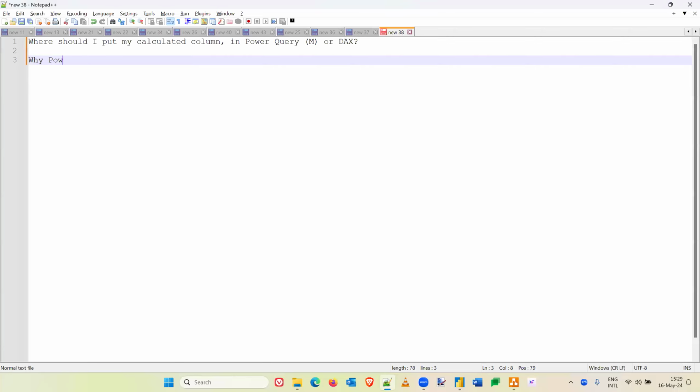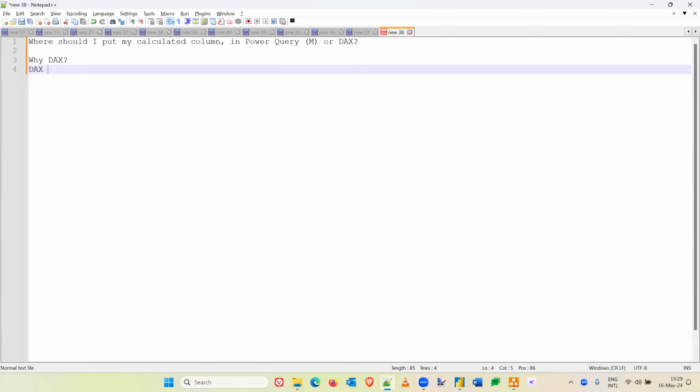Why DAX? Let's start with that. DAX does not add values to the table. It only calculates on the fly